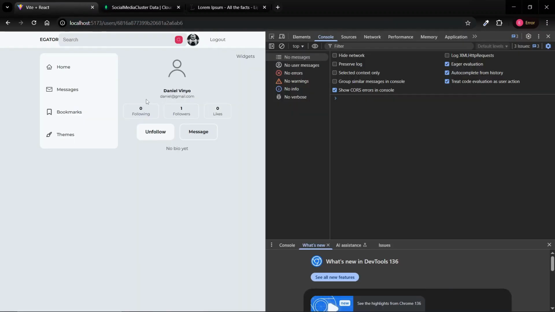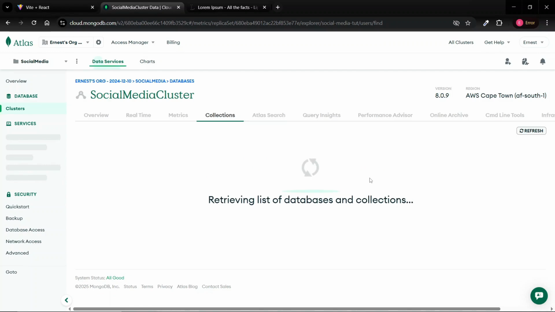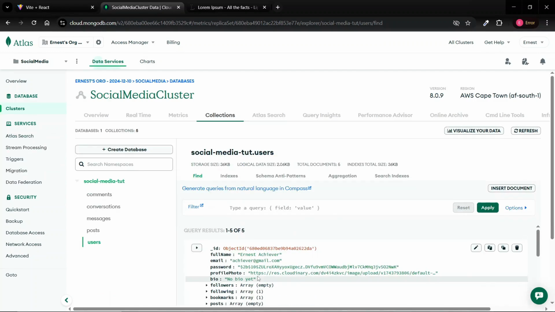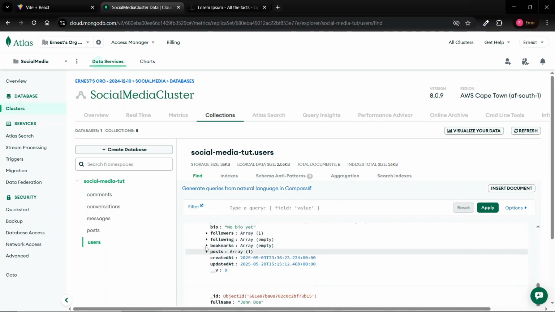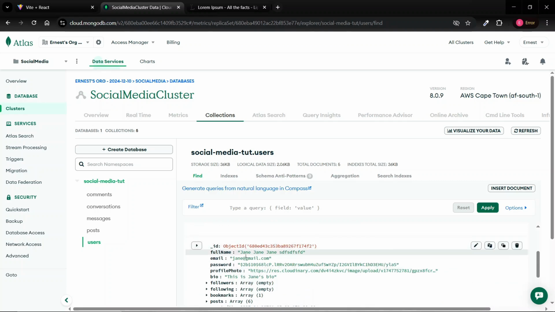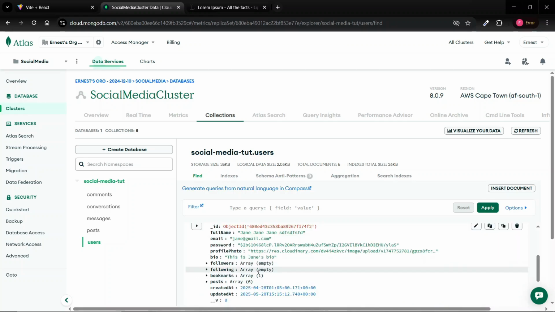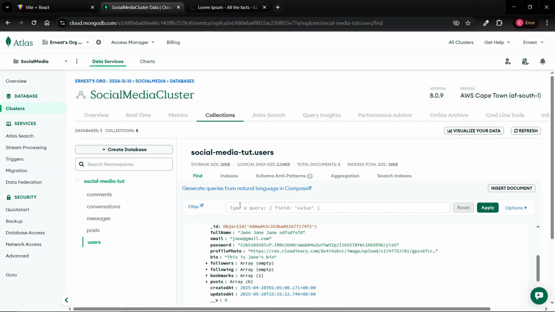Okay, now if I go ahead and unfollow and come back and refresh the users collection, then you can see that the followers array has been reduced. Okay, and here you can see that the following array is empty as well. I hope that makes sense. All right, so we can now follow and unfollow users, and you can see that we have that one